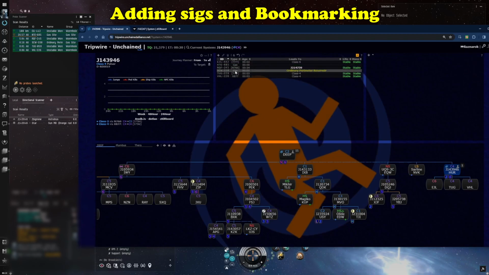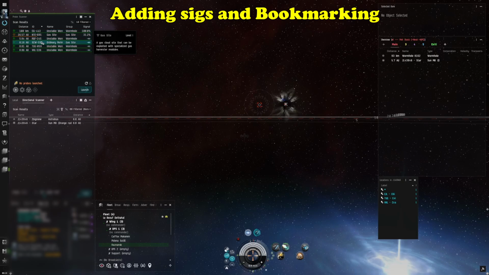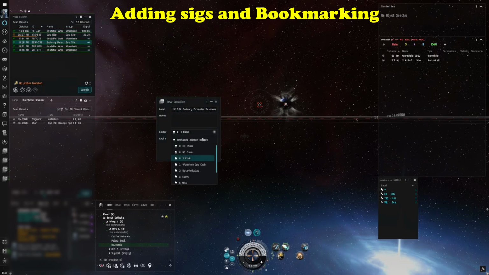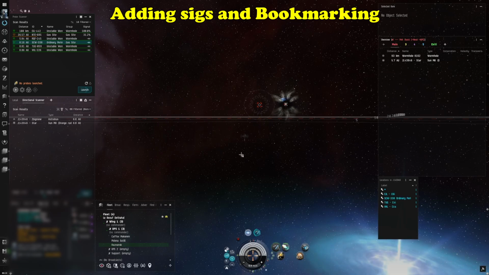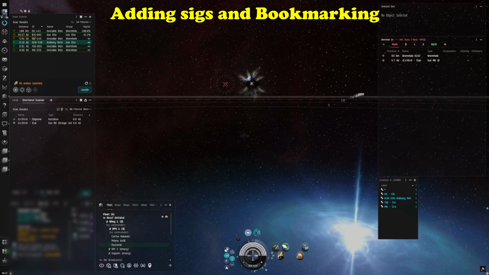We can see that now there's 2 gas sites, and because I inadvertently scanned one to 100% by accident, I'm just going to save that just in case anyone wants to jump in here and use it. And I'm going to add that to my data relic and gas bookmark folder, and that's now in there for someone to use. So that covers it for the bookmarking and scanning piece and adding them into